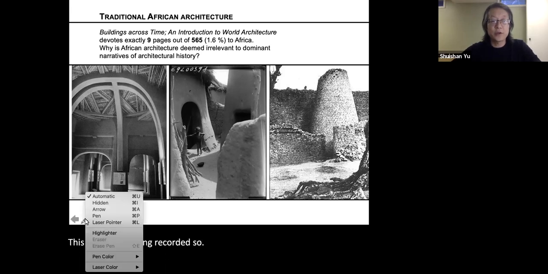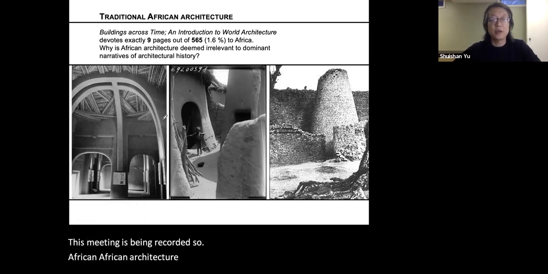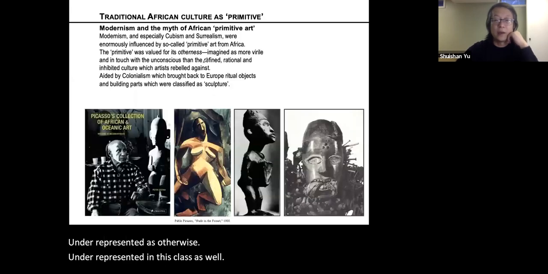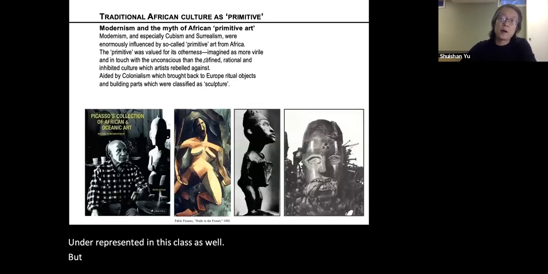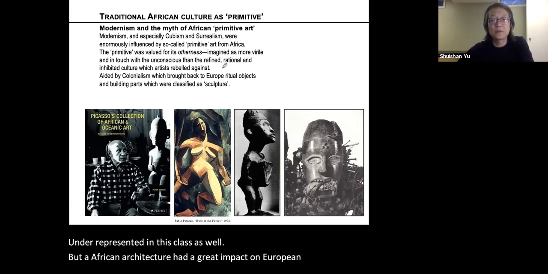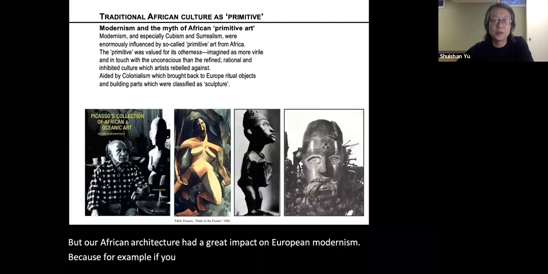African architecture is usually underrepresented in this class as well. But African architecture had a great impact on European modernism, because, for example, if you look at Picasso's sculpture,